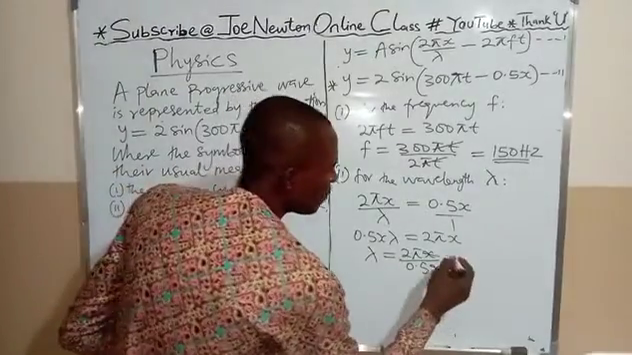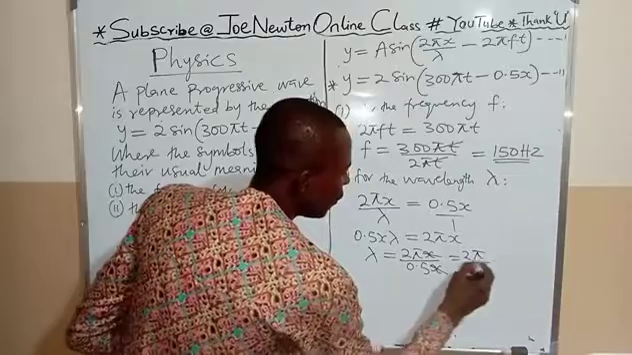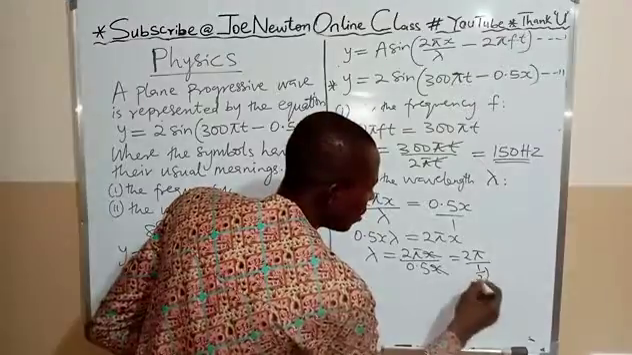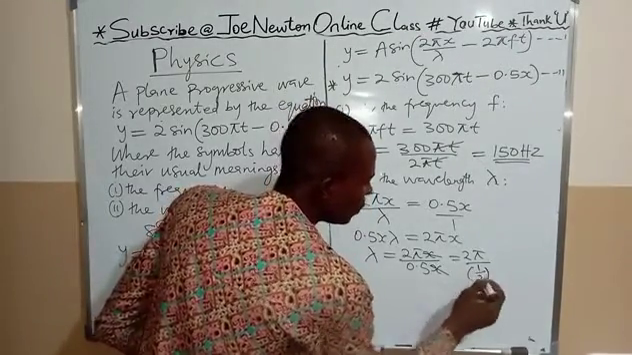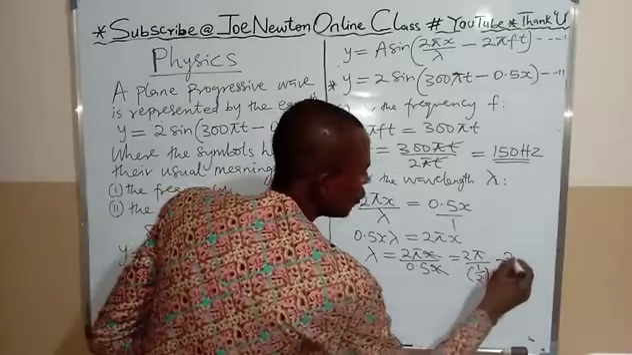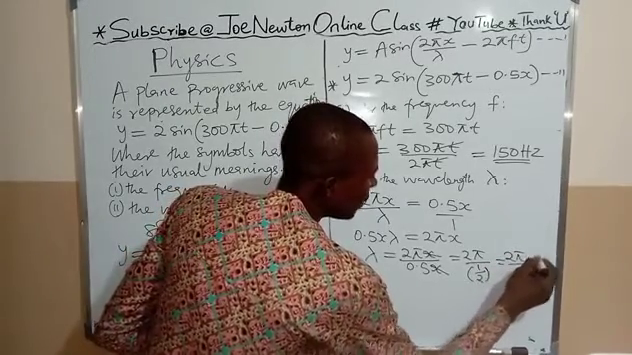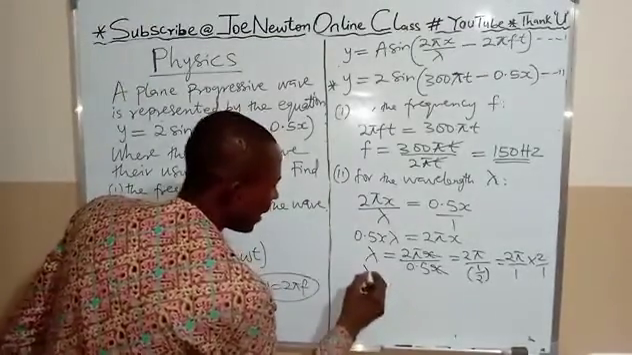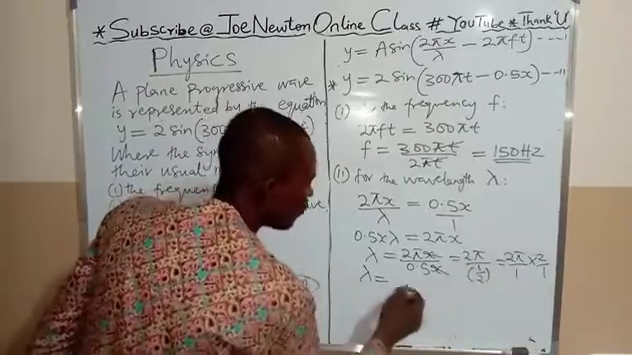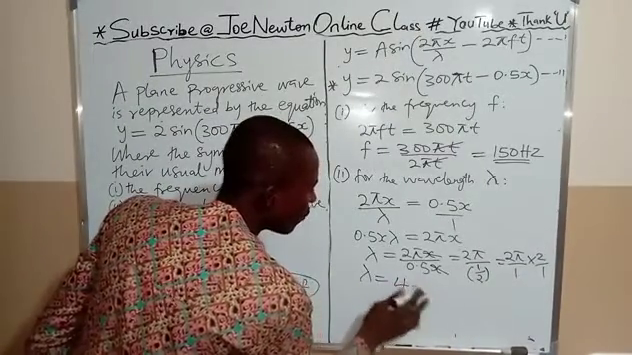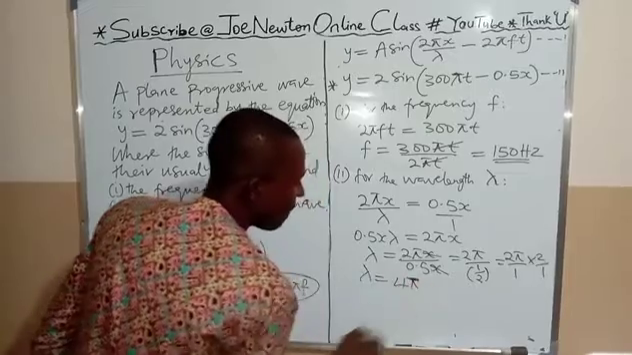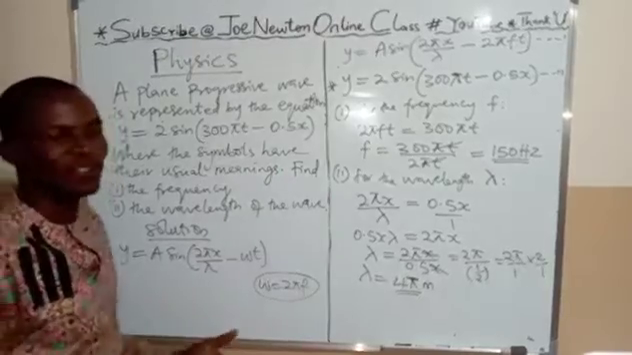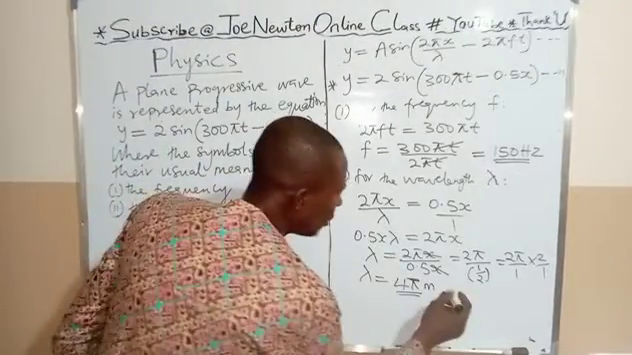Then that will be 2 pi over 0.5. 0.5 is 1 over 2, so 2 pi over 1 over 2, which gives you 2 pi over 1 times 2 over 1. That's it, you invert it. Therefore, our lambda equals 2 times 2, which is 4, so lambda is 4 pi meters. Or, given that pi is 3.142,